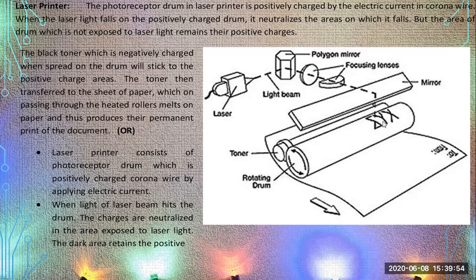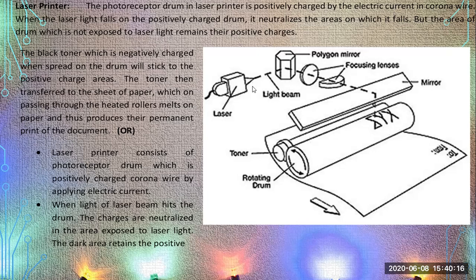So this was one of the applications of electrostatics: the laser printer. If we review it, what are the parts of this laser printer? These are the parts. One is the laser source of the laser light, the other one is the polygon mirror, and you can go through the numerous usages of this polygon mirror.